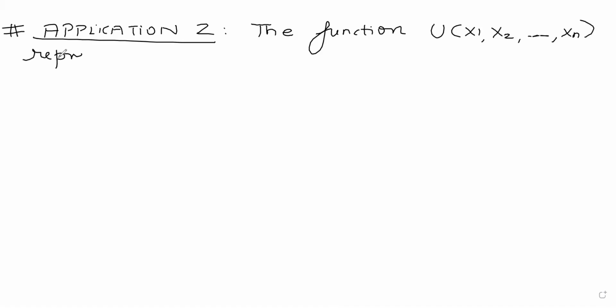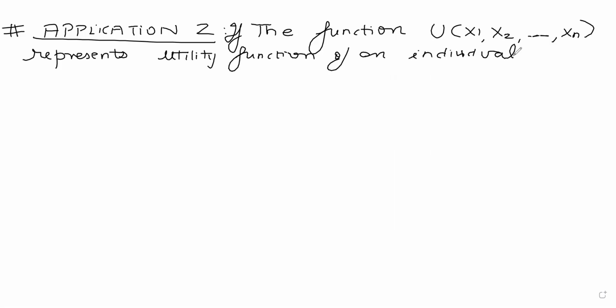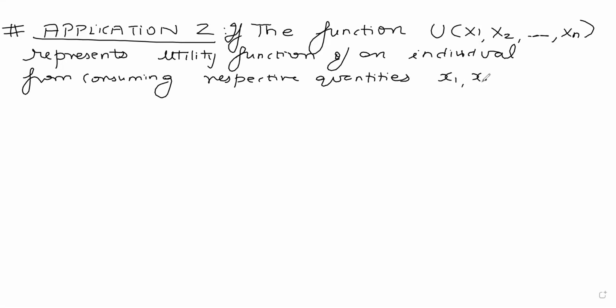So the function u, which is a function of x1, x2, dot dot dot xn, represents, or I can say if the function u as a function of x1 to xn represents the utility function of an individual from consuming respective quantities x1, x2, xn of n different goods,